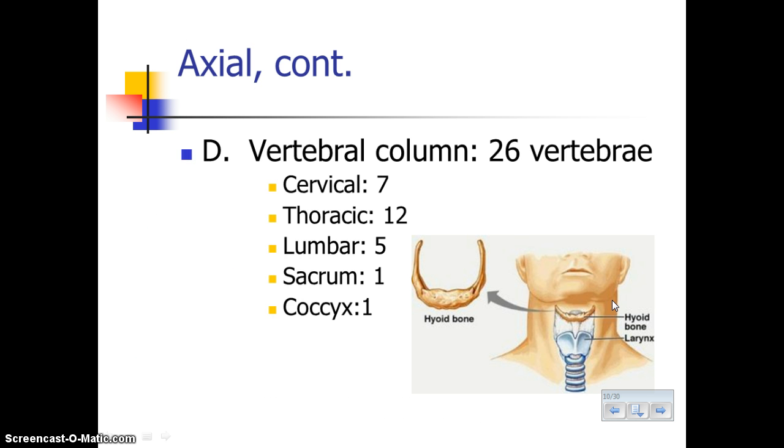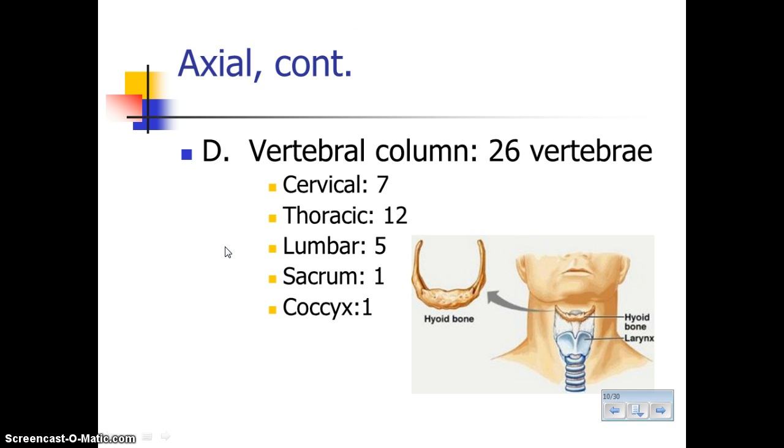And then next we have the vertebral column, and I want to give you a way to remember how many of each of these type of vertebrae they are. Cervical, think of the 3 times that you eat meals. Breakfast at 7, the top, the neck vertebrae. You eat lunch at noon, that's the thoracic, and then the lumbar ones, you eat dinner at 5. Breakfast at 7, lunch at noon, dinner at 5 will help you keep track of how many of each of these there are. Continuing then